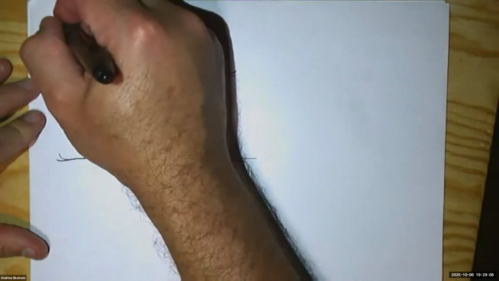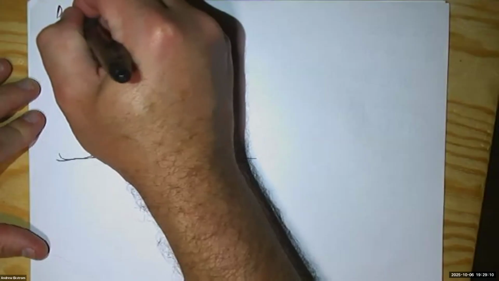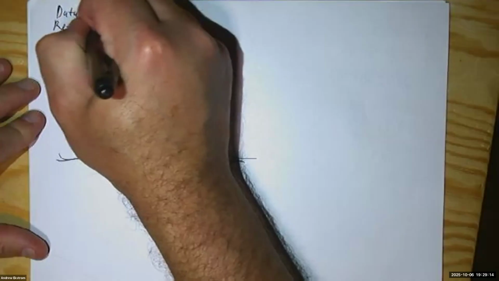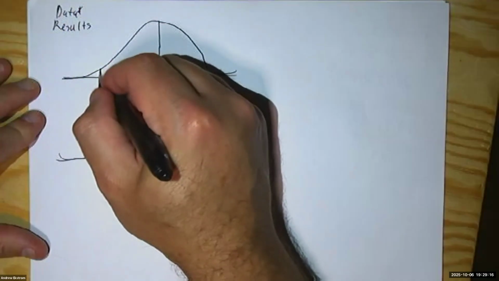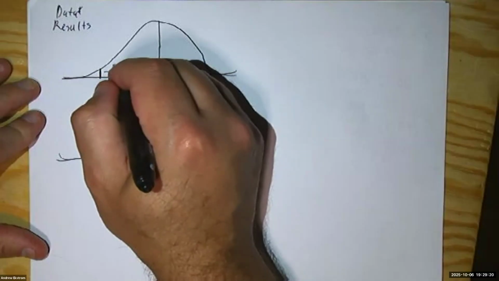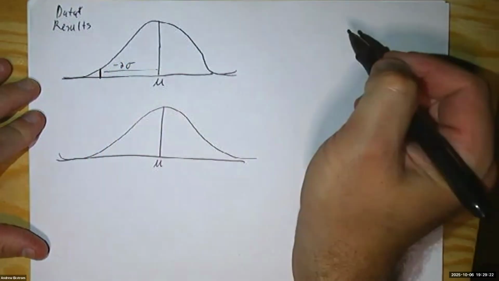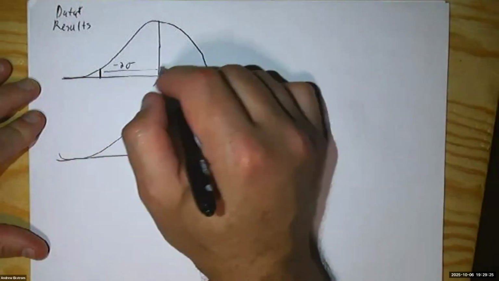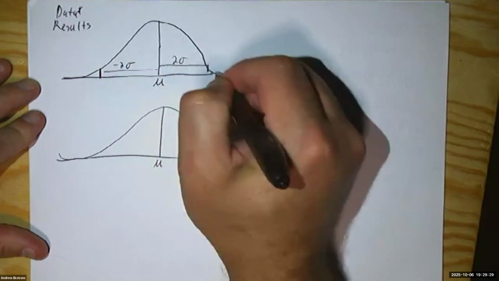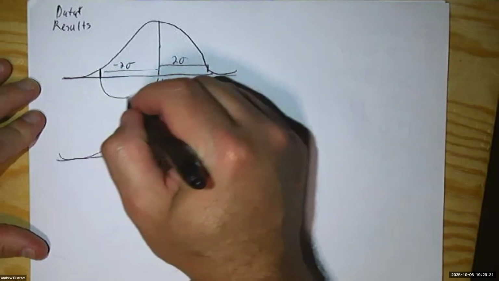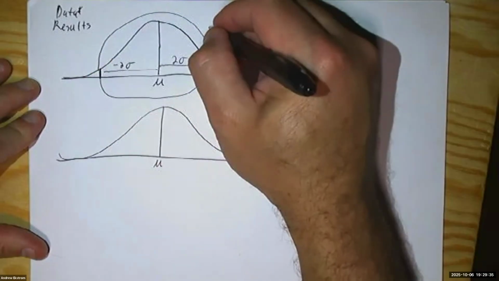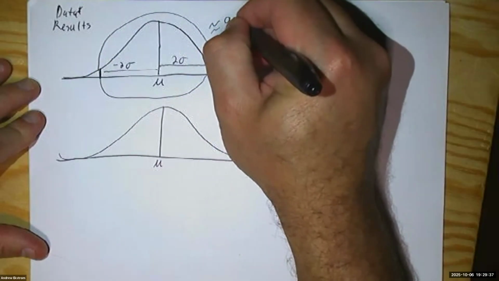If we're talking about the data we collected or our results, what ends up happening is there'll be a certain value that's about 2 standard deviations away in each direction. And any values that we get between those two things,